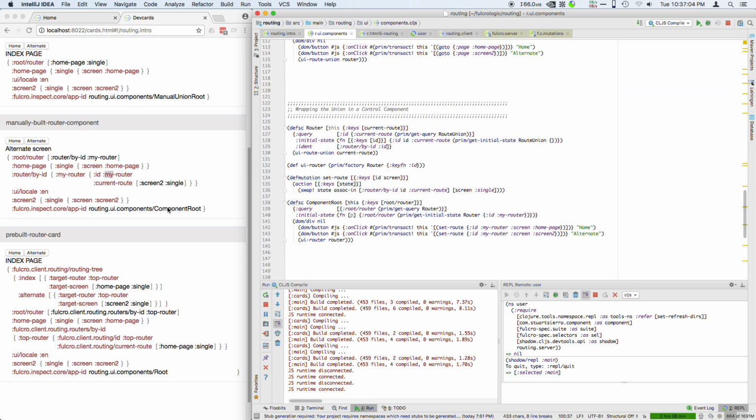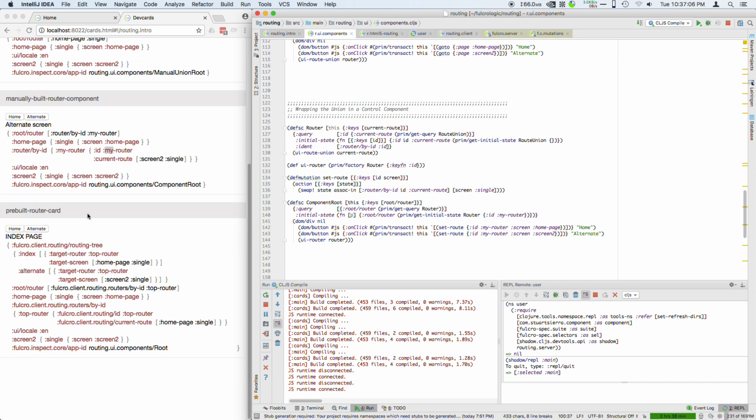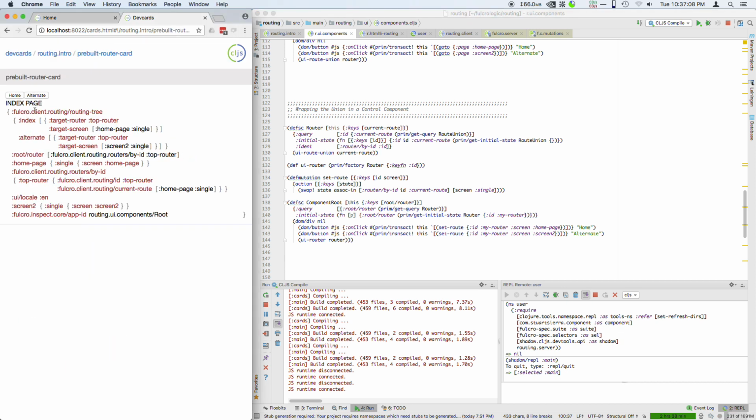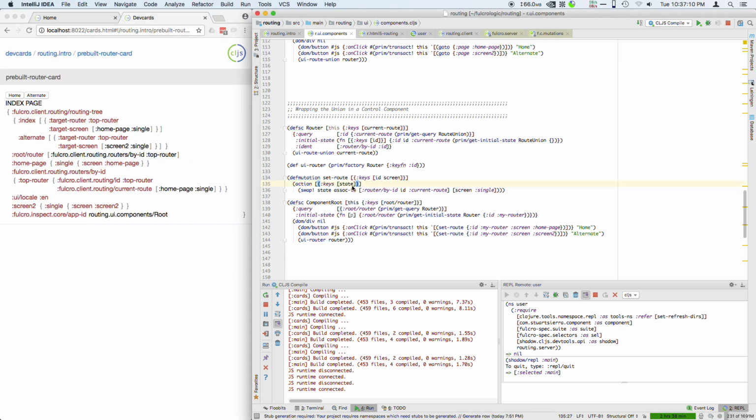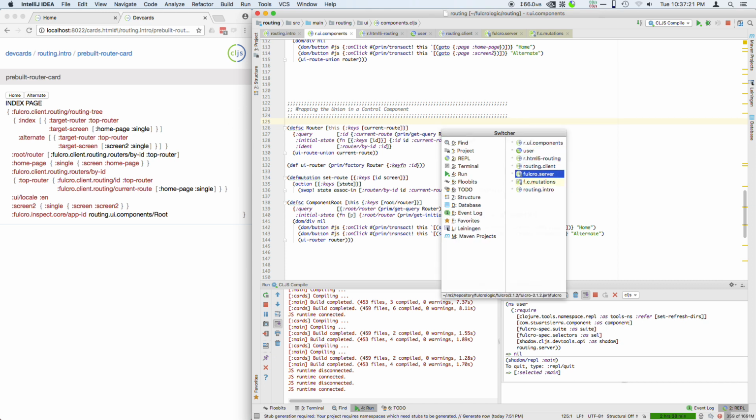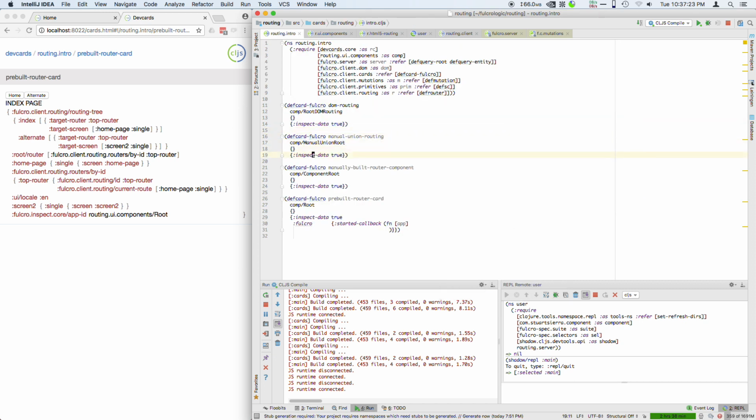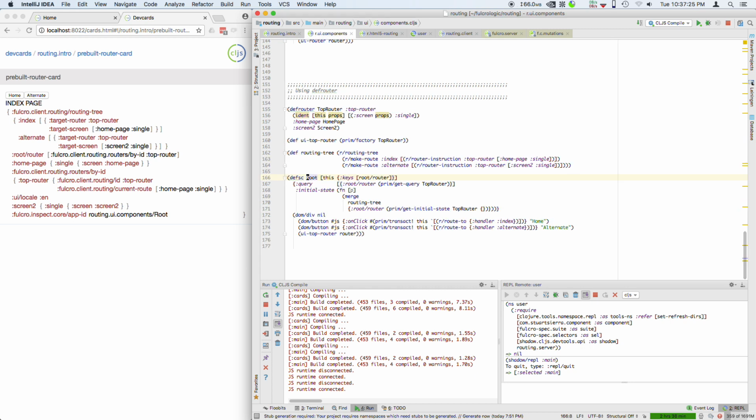We've got the control component, but now what we'd like is something that can build the intermediate pieces for us. And that's what Defrouter is about. So this is the central component, pre-built router. Sorry, I put it in a different file. Or did I? Ah, yes, top router. Okay, so